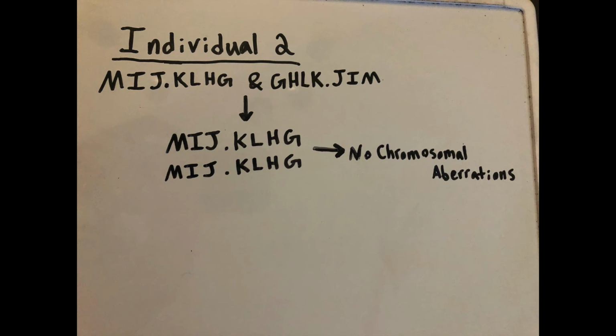For individual 2, I have listed the following chromosomes. As we can see, these chromosomes are mirror images of one another, so we can match them up by flipping one of the chromosomes. Since there are no aberrations in either one of these chromosomes, we can infer that each of our synapses will result in chromatids that follow a linear path, even with two crossover paths between J and K.